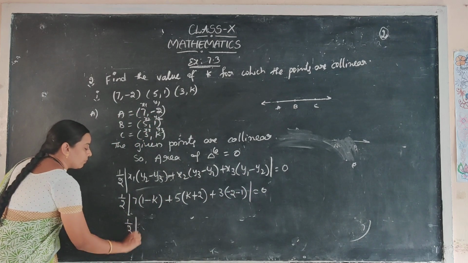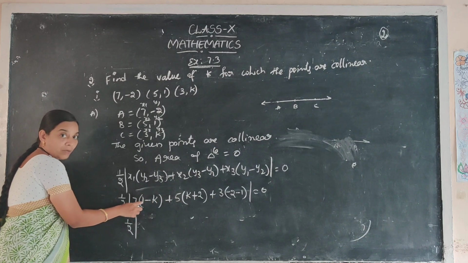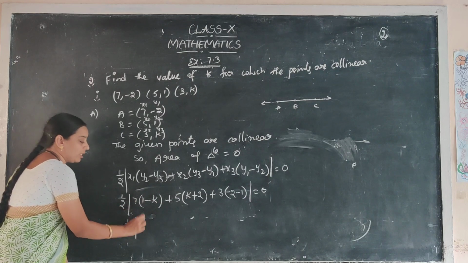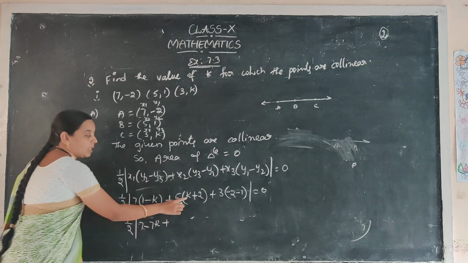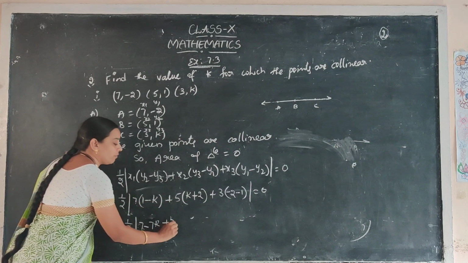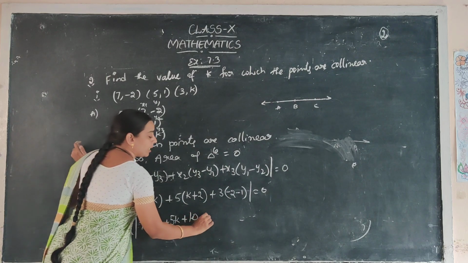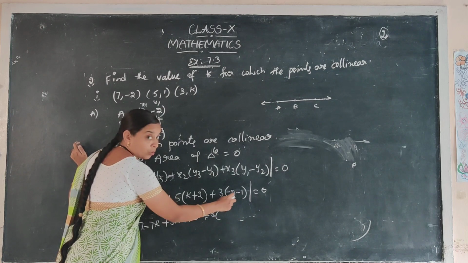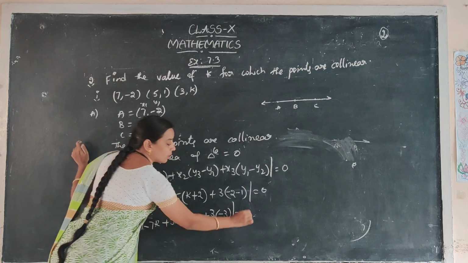Now half of, now multiply these numbers. Here 1 minus k, 1 is a number, k is a variable, so we are not able to subtract now, so that's why we multiply. 7 ones are 7, 7 into k, 7k. Here also there is a variable and a numeral, can't add, so multiply. 5 into k, 5k, plus 5 2s are 10, plus 3 into minus 2, both have the same symbol, so add, minus 2, both are numerals now, add both numbers, minus 3 is equal to 0.